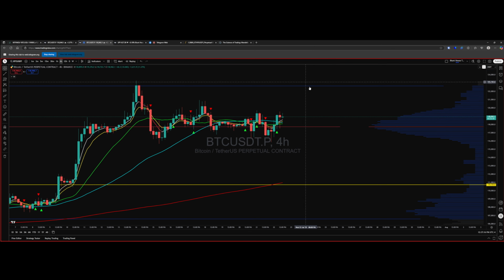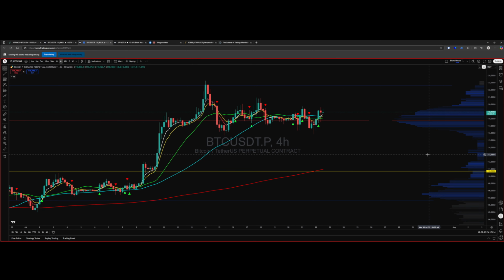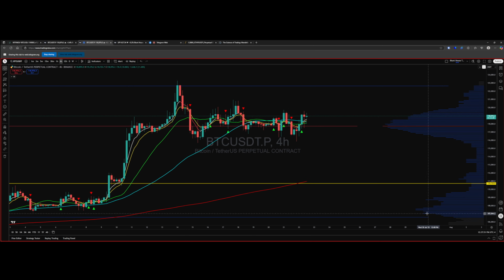This is one of those examples where it's decided to go sideways, and you can see, because your point of control within your volume profile is identifying that for you, and that's acting as a real kind of almost like a ground right now for price. But the fact that it has not broken down and has gone sideways, where now your 20-day moving average on the 4-hour, your 50 on the 4-hour, are all twisting together in here and flattening out. And we know what happens when that takes place. The move coming out of there is usually pretty substantial.